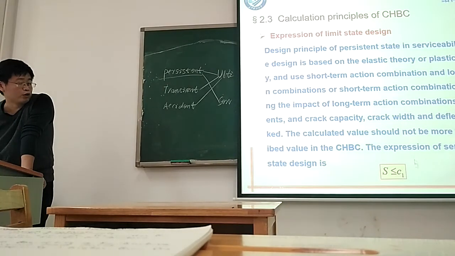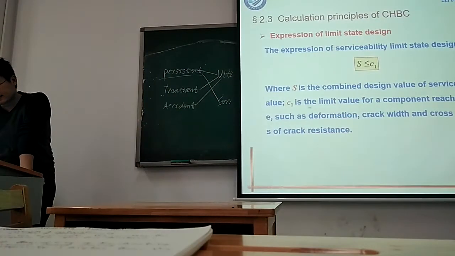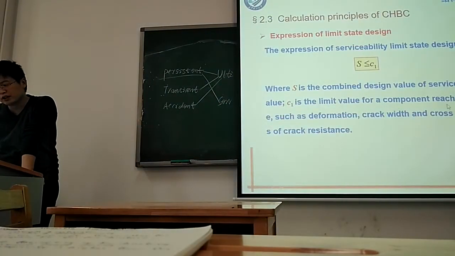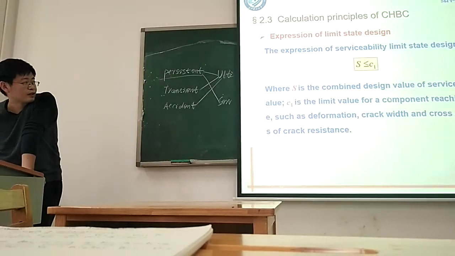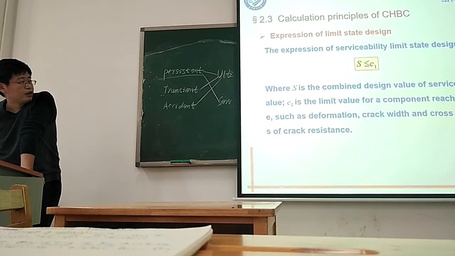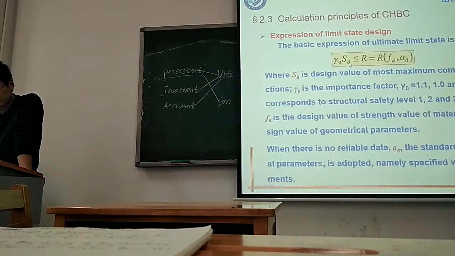So for the one, what does C mean? C is the limit value for the component reaching normal use, such as deformation, crack loss, or cross-section stress, something like this. S is also the convenient design value of the certain limit. So here, the most important thing is this: S,